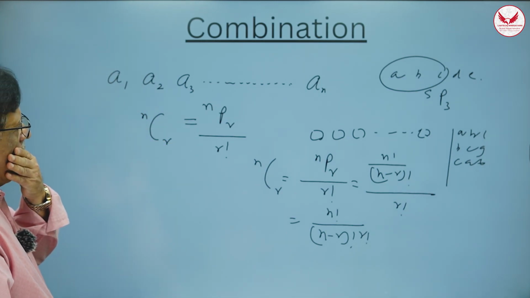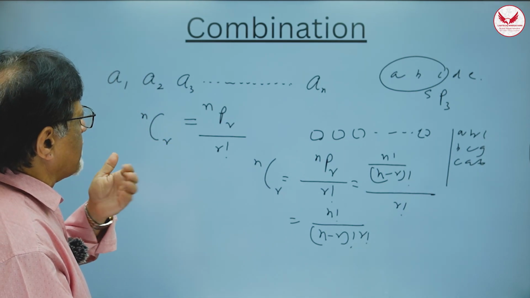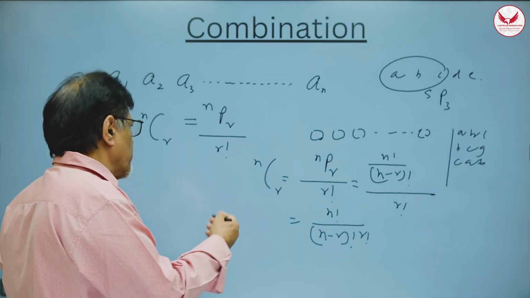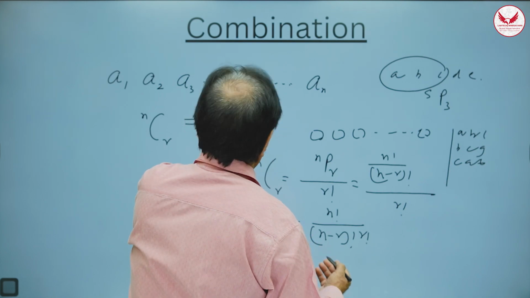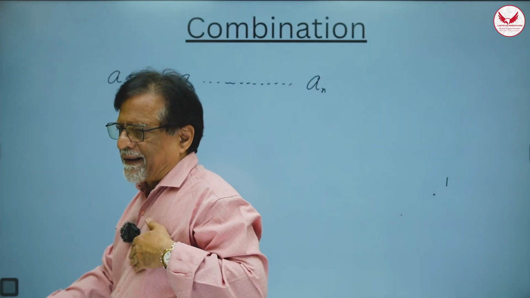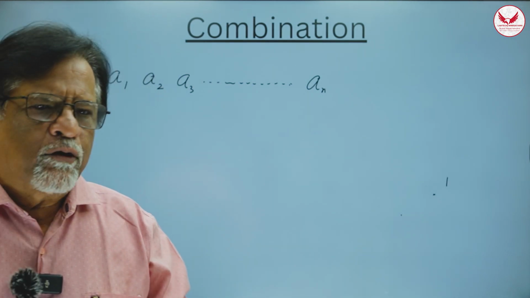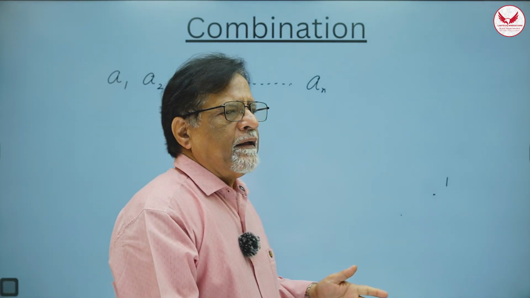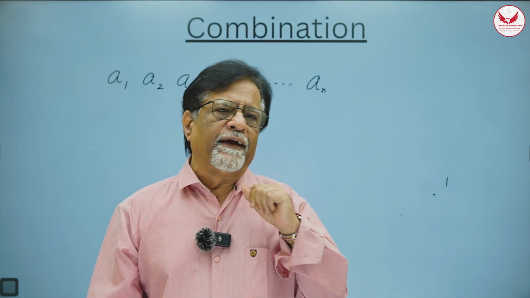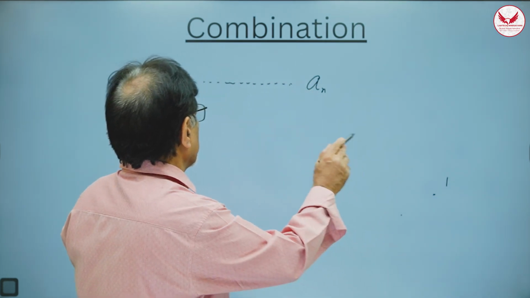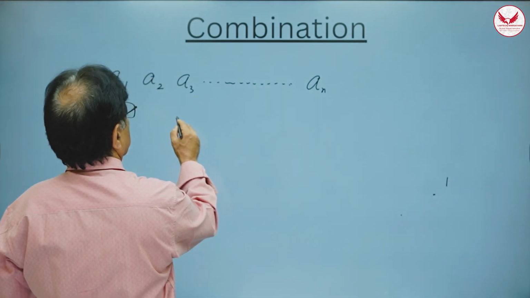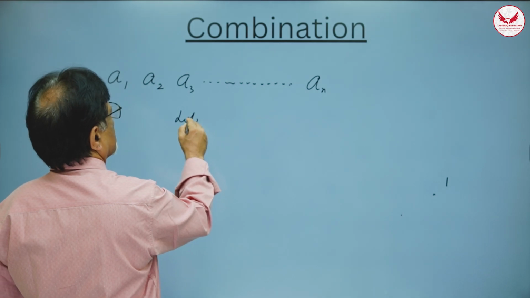Now, another way of looking at it, a slightly different way. I'll prove this. Let us look at the same equation in a different way. I do not know how many combinations are available if I take r objects out of n. I do not know. So I assume the number of combinations, number of selections, let us assume